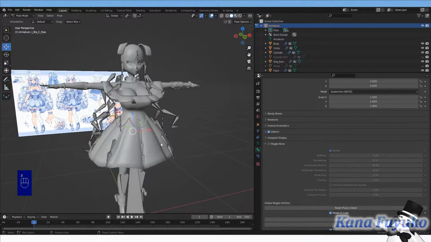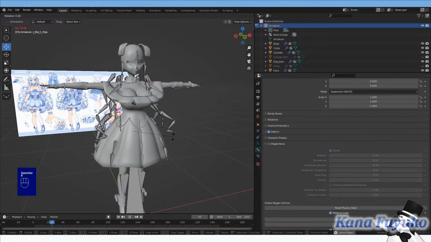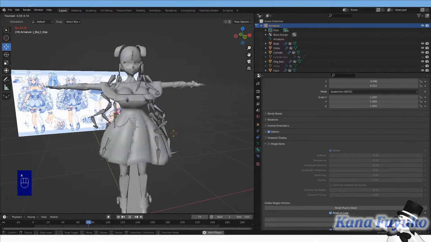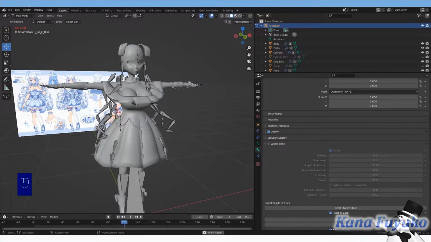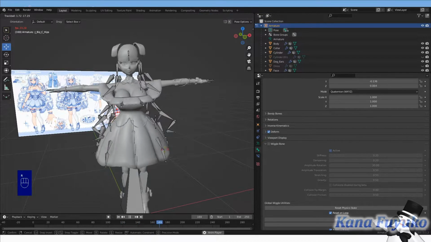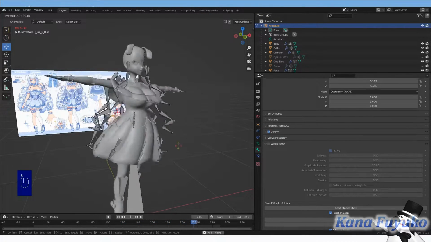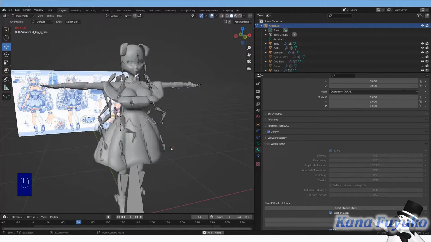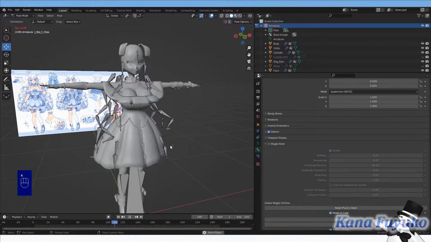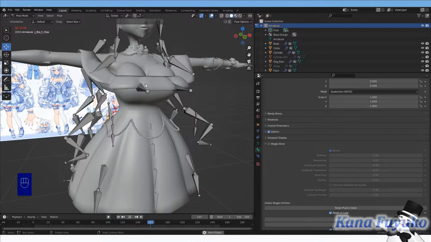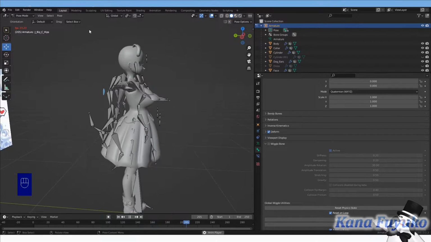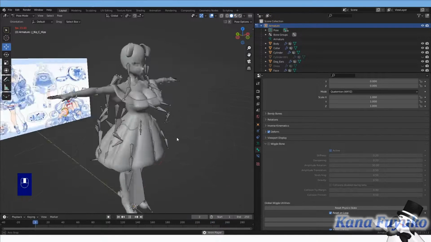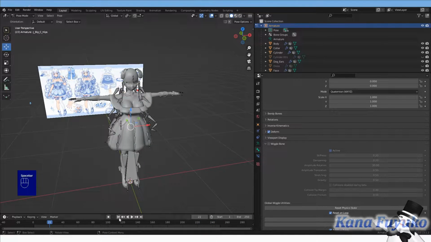And you just press the play button by pressing the space bar, and you can test out your physics here. Yes, there's already hair and stuff because I've rigged those already, but you can test out the physics, which, as you can see, works really well, so the skirt rig is good. You can also, once again, do the same with the chest bones, hair, all that stuff. So yeah, that's the really good part about it.